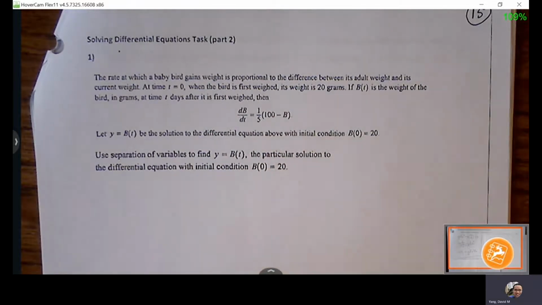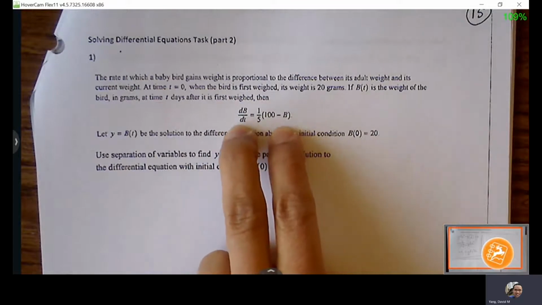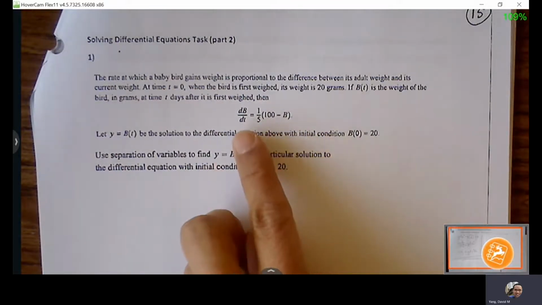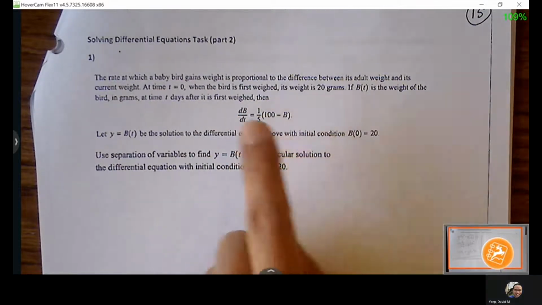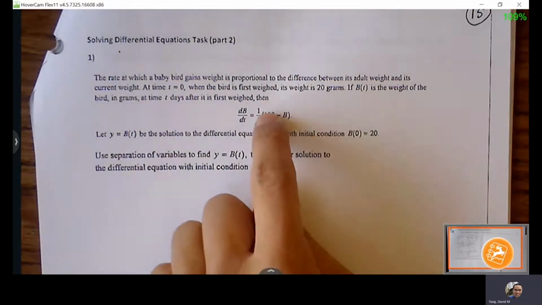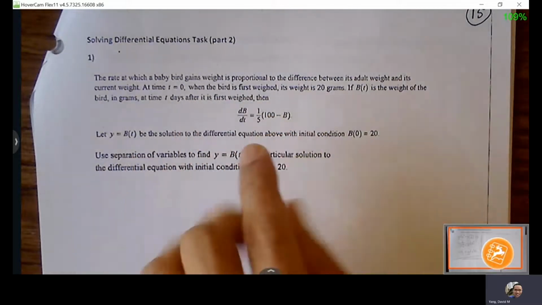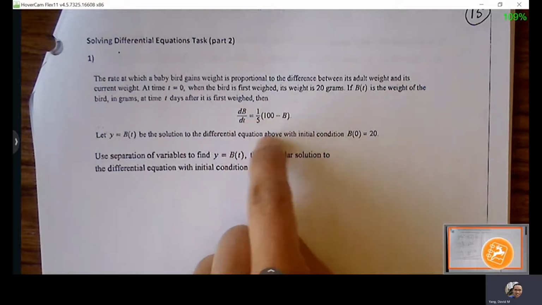now I know we're used to seeing x's and y's, right? We said that when we separate variables, we want the x's on the right, we want the y's on the left. But you may also see problems where the variables may not feel as familiar. So if that's the case, just understand that if you see a strange variable, it's always going to be paired with time. And you're going to treat time like you would x. And whatever the other strange variable is, in this case b, you treat b as your y. Okay. So anytime you see strange variables with a differential equation, it's always going to be paired with time. It's always time and another variable. Okay. So in this case, we